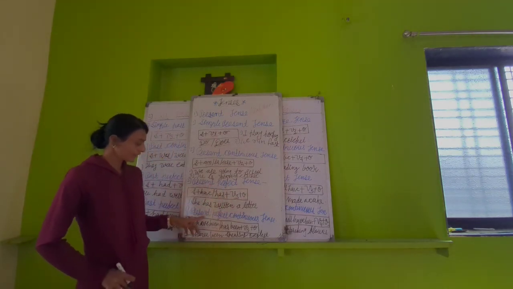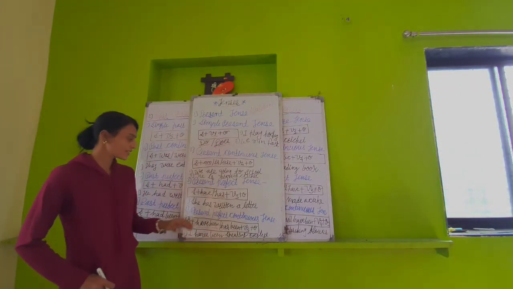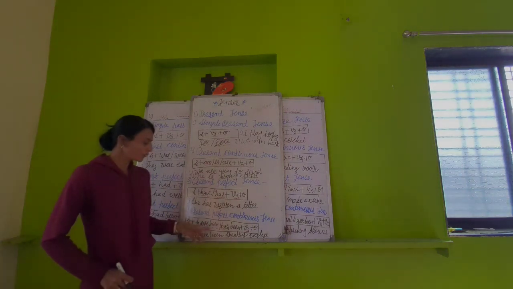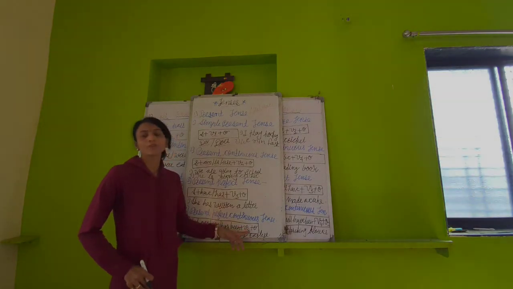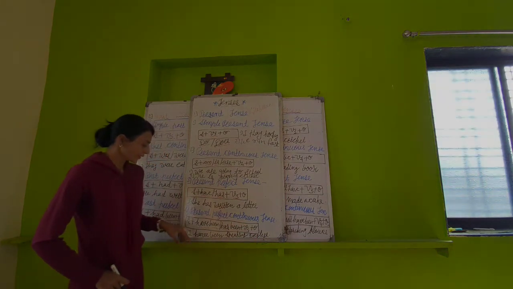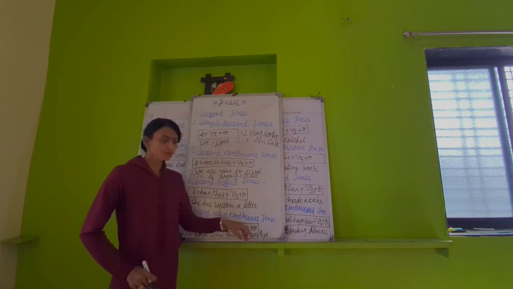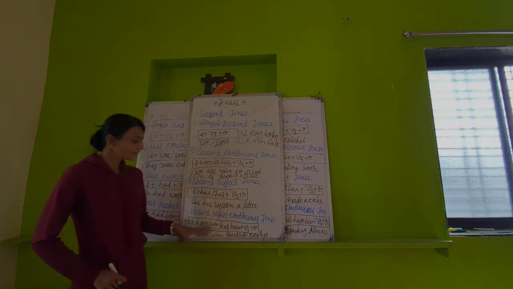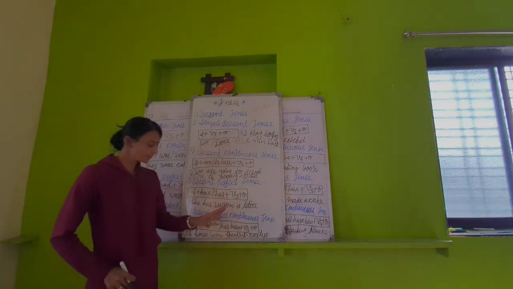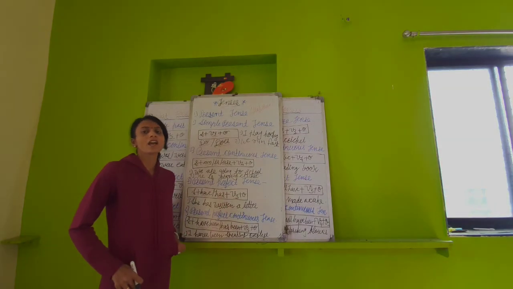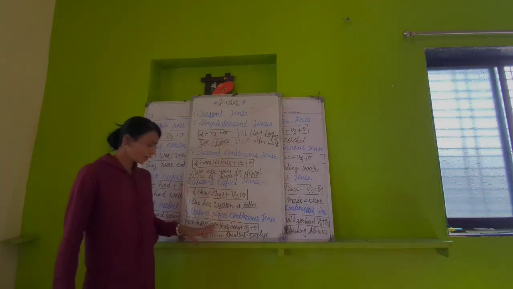Now we will see the last tense, present perfect continuous tense. In this tense we use the same thing, only with been, which shows it is going on: have been and has been. Here V4 means the ing form. The formula of the tense is subject plus have been, has been plus V4 plus object. In the same way, if he, she, it, singular, use has been, and for all the remaining use have been. That means I, we, you, they, plural, use have been.